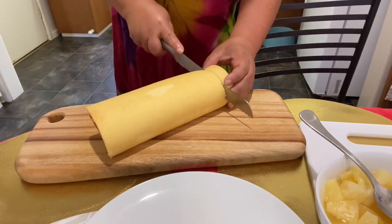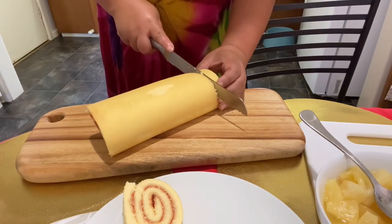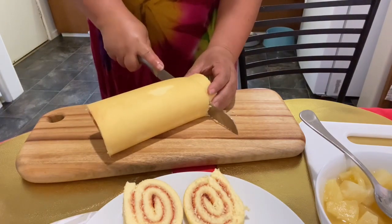You can make your own jam roll guys, no worries. But me, I don't have time to make my rolls, so I just bought it in the store. Okay, and now I slice my jam roll, slice and slice. Okay,